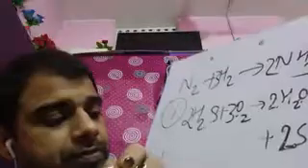Potassium metal, K plus H2O. Everything, the states, you will write. Potassium is a solid state and water is a liquid state. It will form potassium hydroxide, KOH, and hydrogen gas. And you can see how we can balance that one. K plus H2O, it is forming KOH plus hydrogen gas.